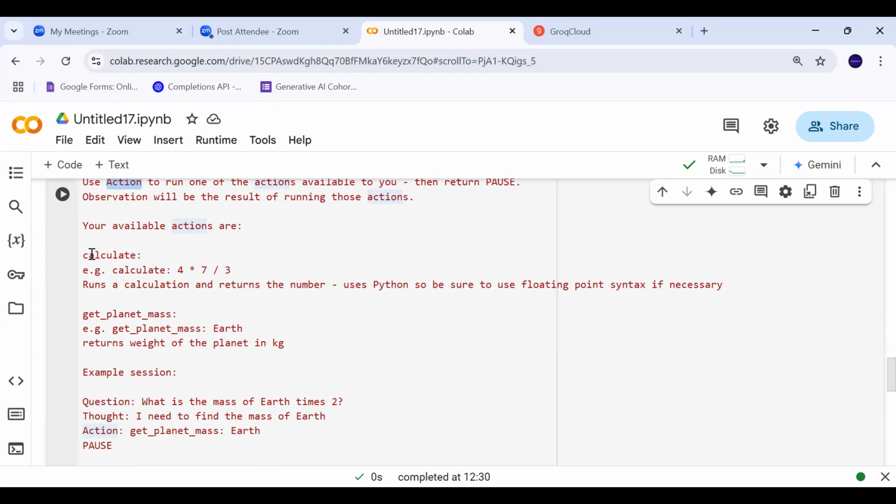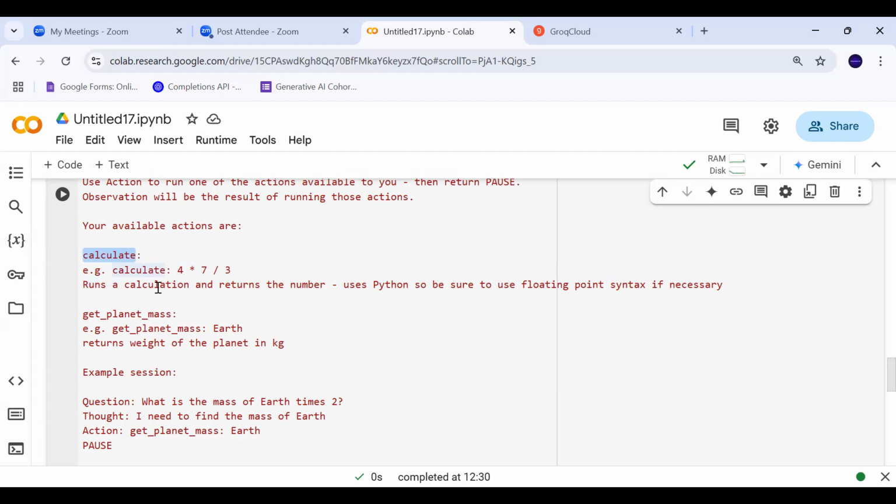We also need to give explicitly what are those actions available, what are those different tools. So I say there is an action called calculate, and this is the way you can use this calculate action: calculate, and then 4 into 7 by 3, simple mathematics. And you also need to describe your action basically.